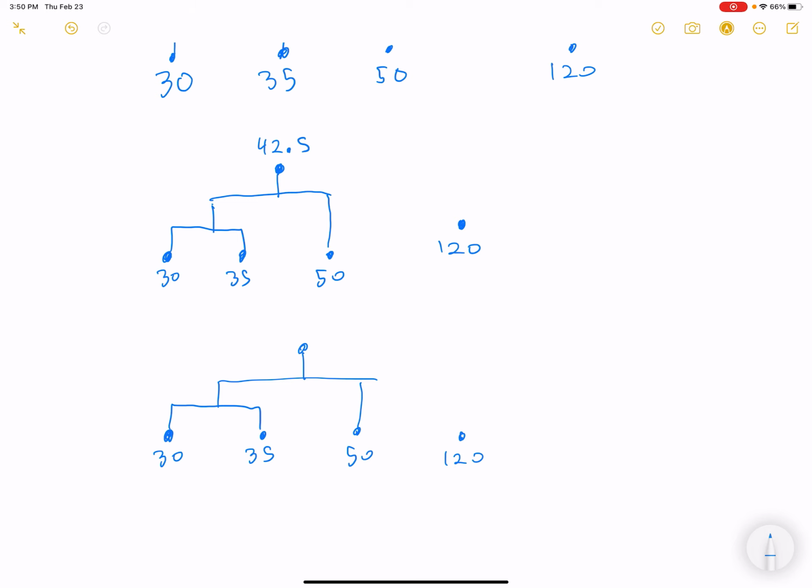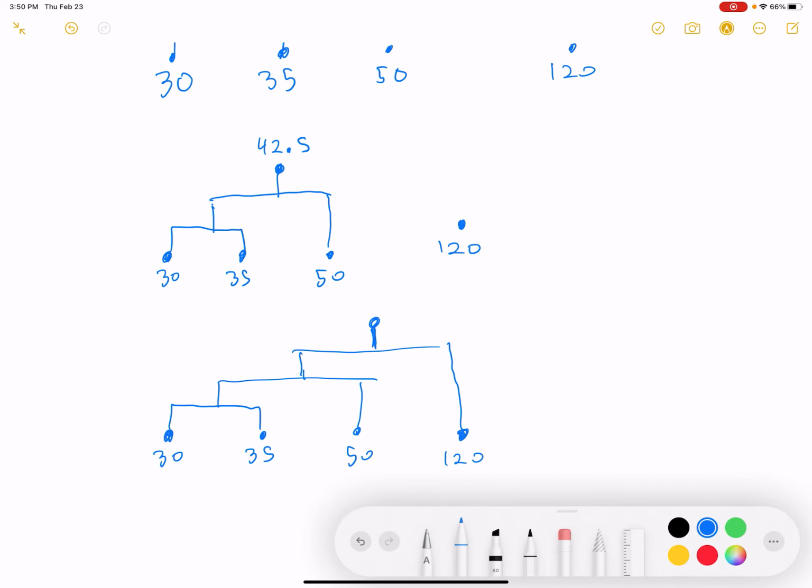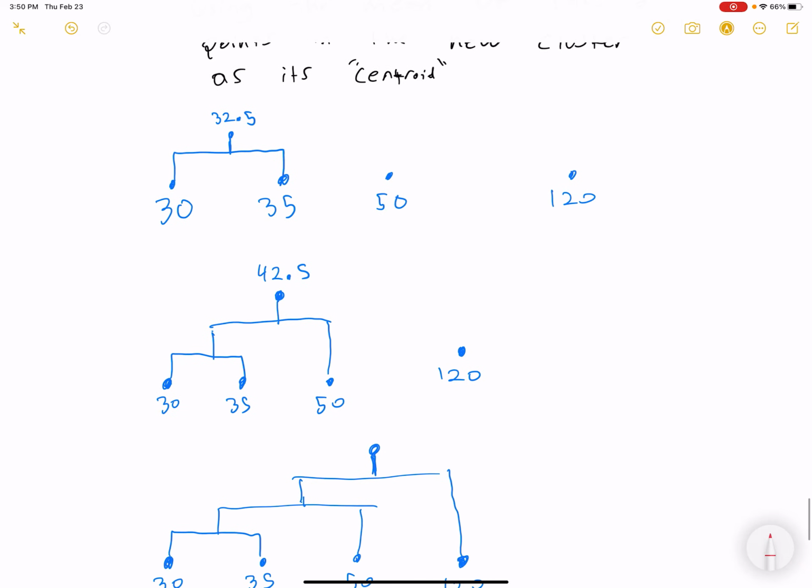There's only 2 left, so nothing to compare. We merge them, and we have our hierarchy. So that's basically all there is, except that,